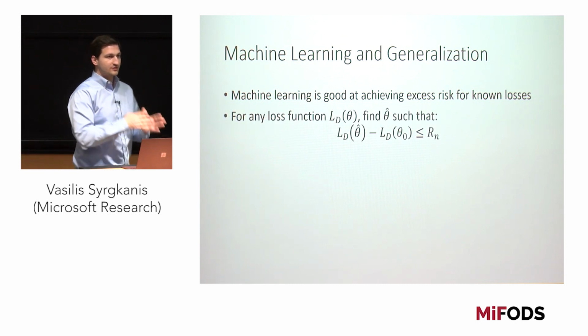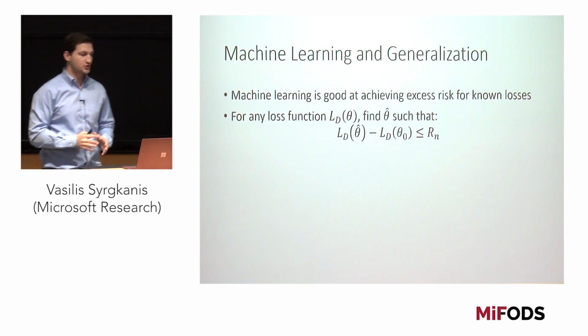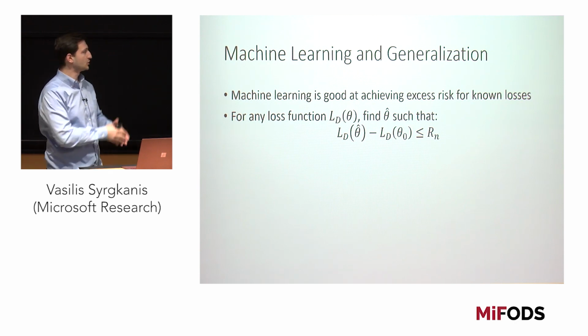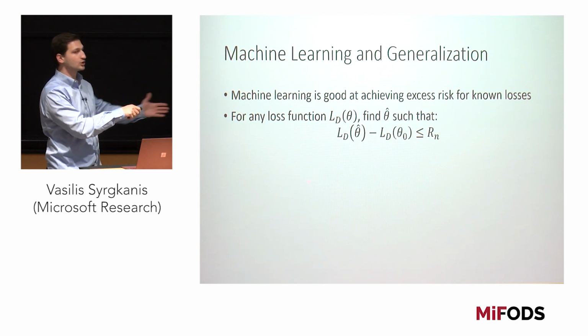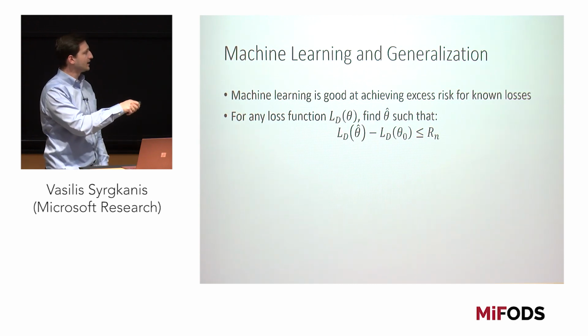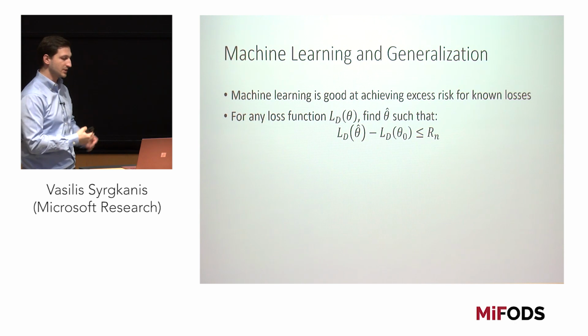The only problem is that most of this machinery is targeting situations where you know what your population loss is, where you don't have this unknown nuisance function. So you're given some population loss that does not depend on any auxiliary quantities, and you can achieve some excess risk rate, and many times you can also prove minimax optimality.